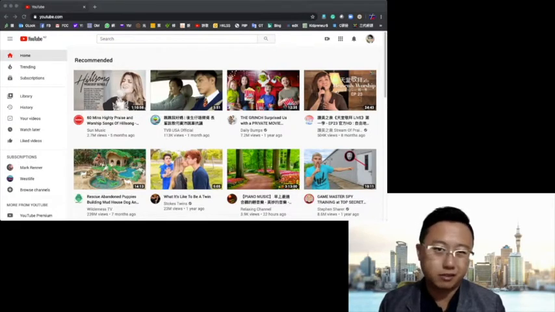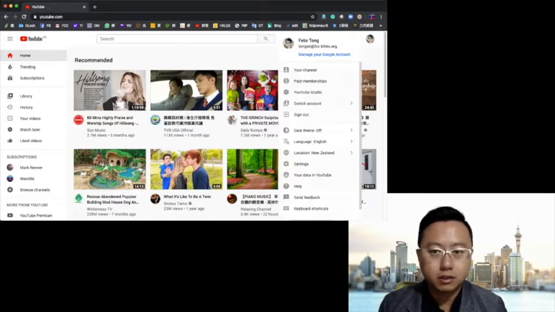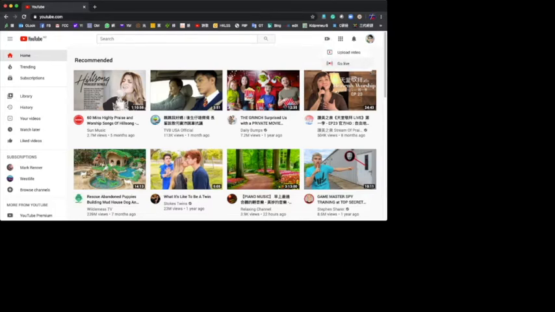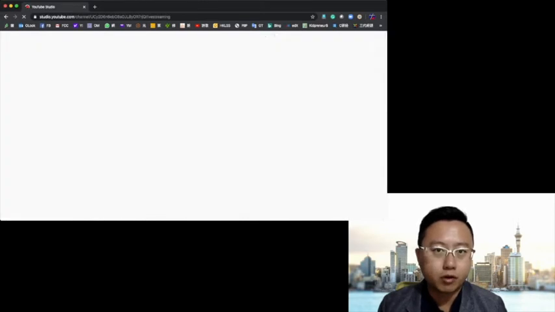So here are the steps that we have to do. The first thing is we need to log into a Gmail account and go to YouTube. And you can see I logged in with my account here. And there's a little button over here. We click on it, and then we can first click go live, because YouTube needs 24 hours to activate your account if you haven't used live before. So when you click on this,